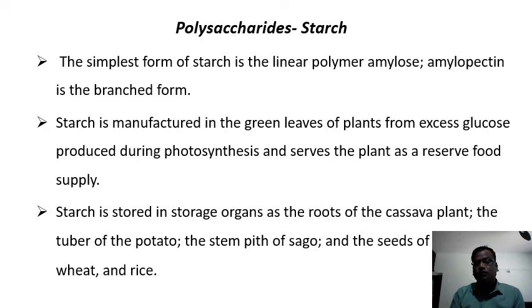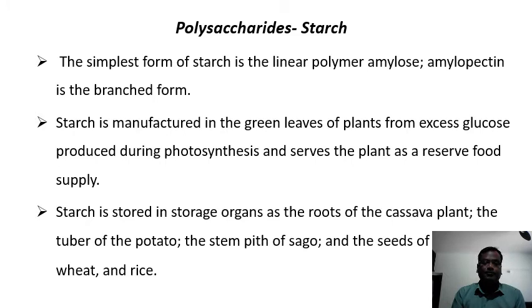Now, starch is osmotically inactive because it is insoluble in water. So therefore, if the glucose is converted into starch, a large quantity of starch can be stored in the cell without affecting the osmotic property of the cell. That is the reason why glucose is converted into starch, and starch is the stored food material in